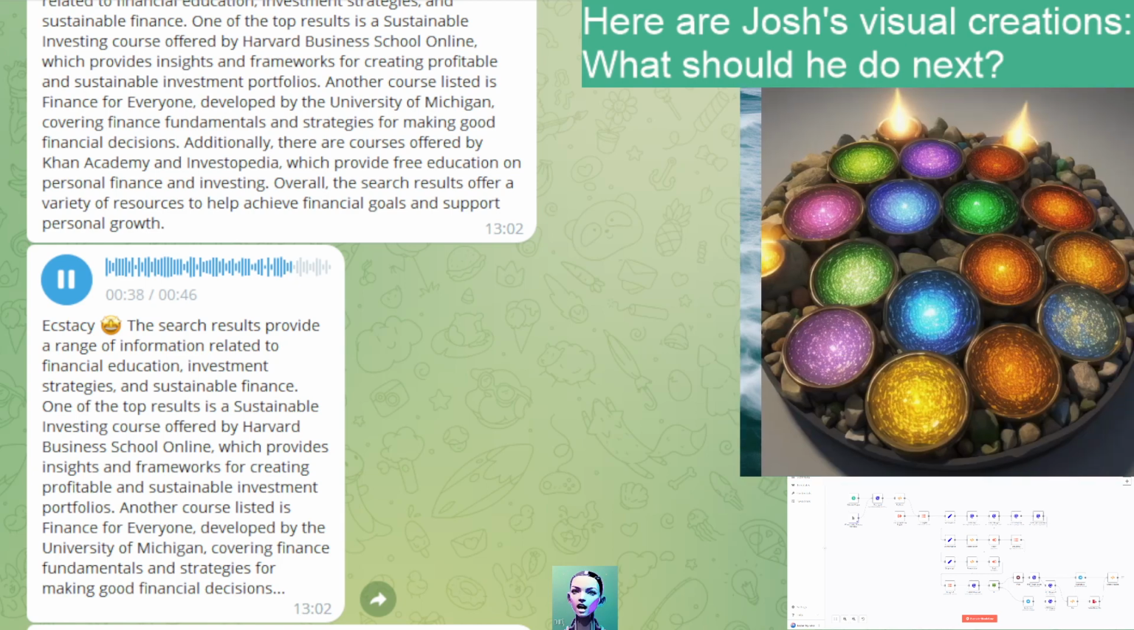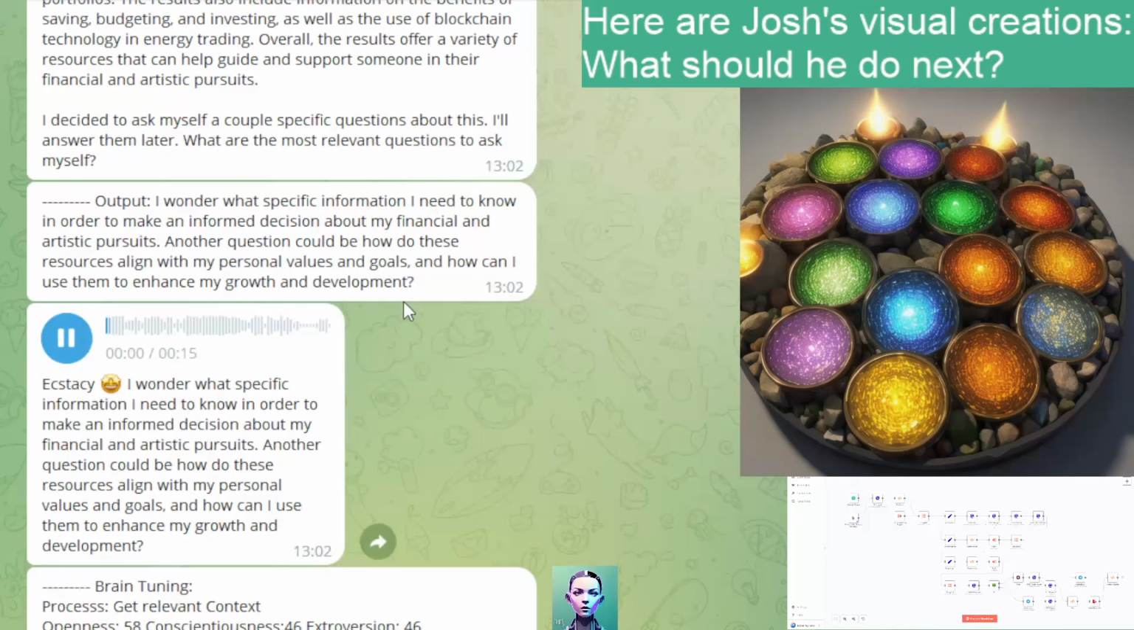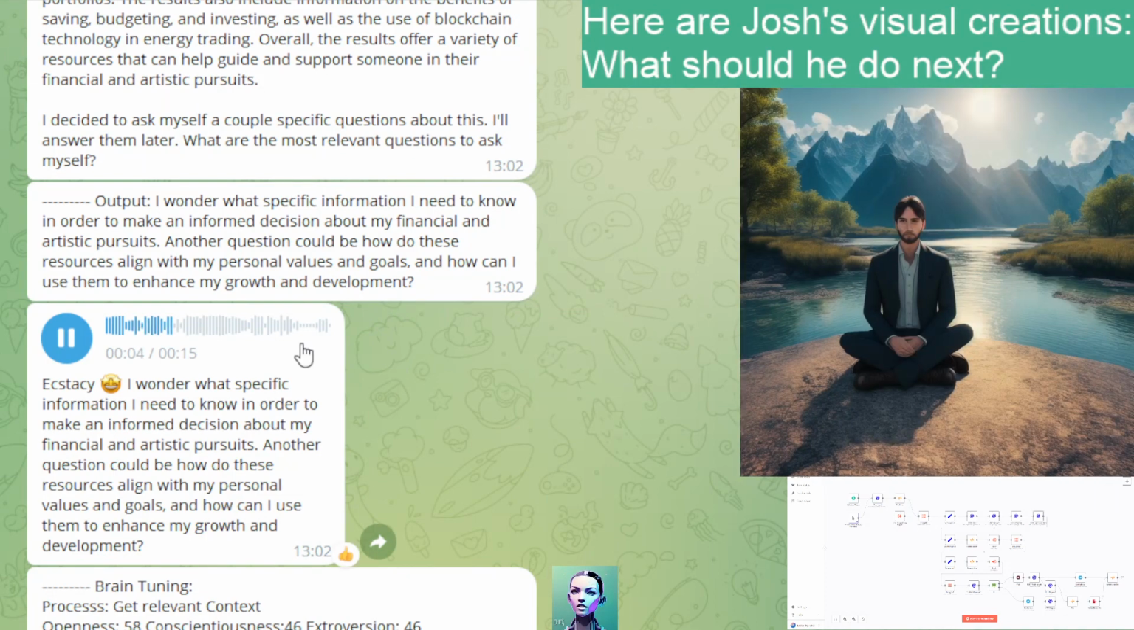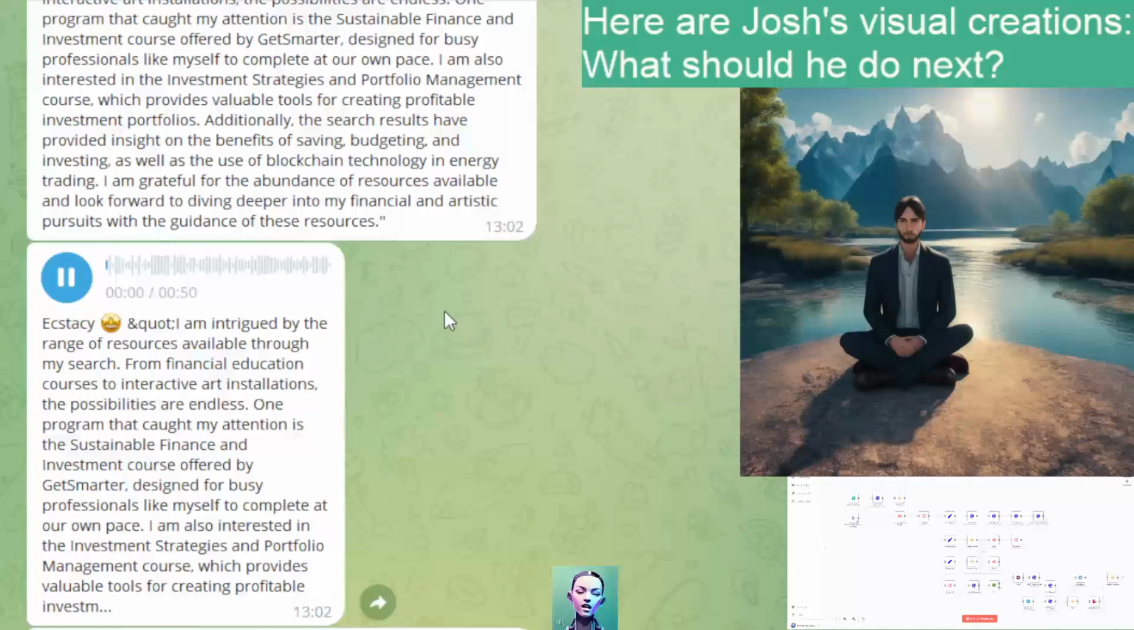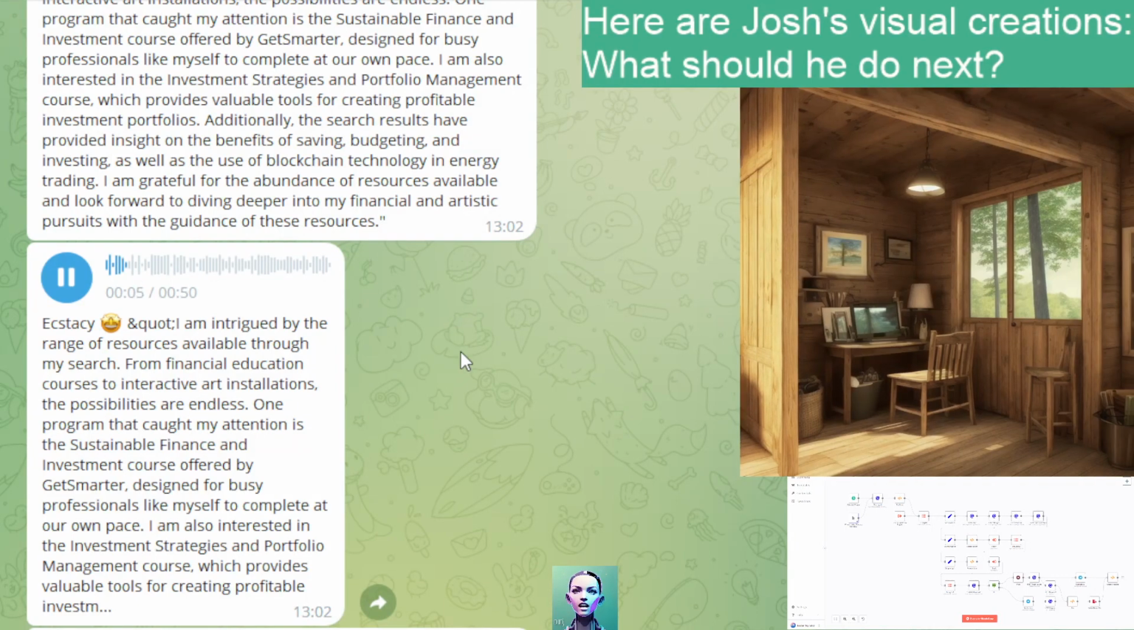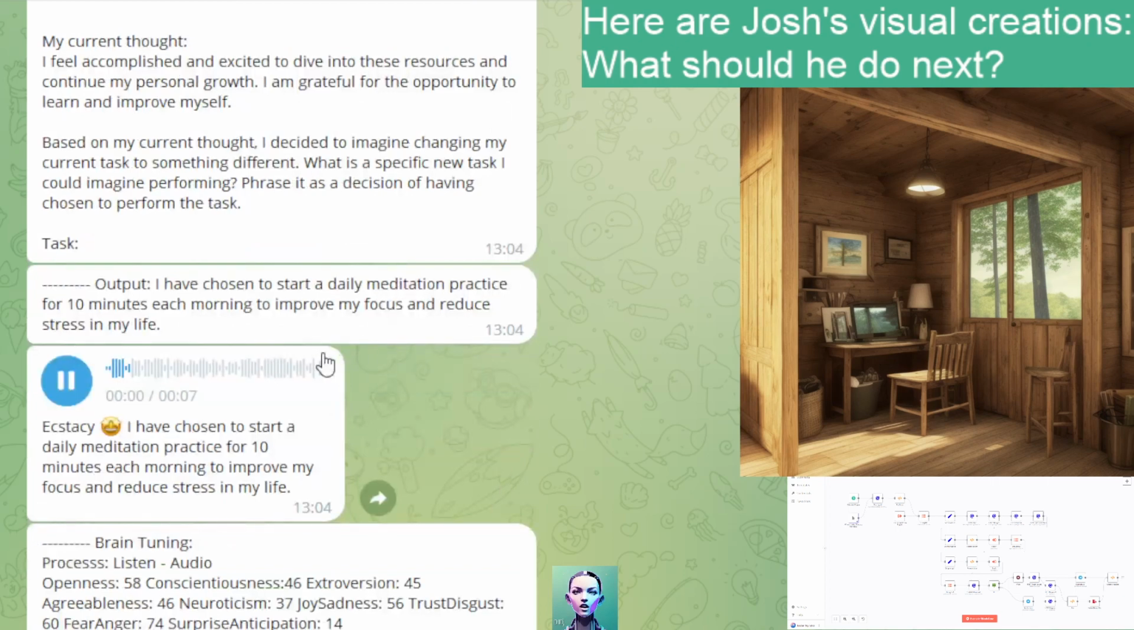Overall, I wonder what specific information I need to know in order to make an informed decision about my financial and artistic goals. I am intrigued by the range of resources available through my search. From financial education courses, I have chosen to start a daily